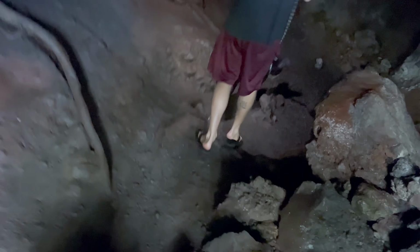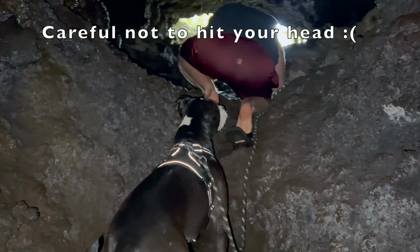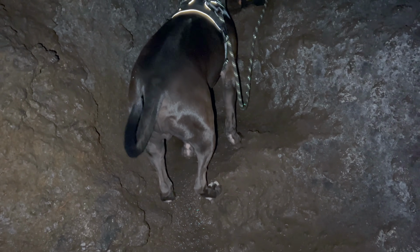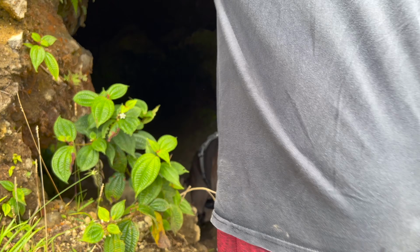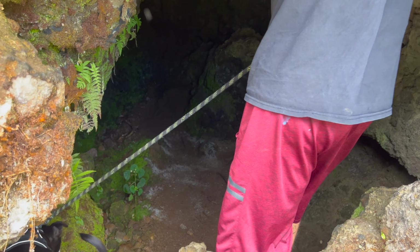Although it did seem quite safe when we went, except when Isaac hit his head on the sharp rocks. But that can happen in the paid cave too. Another thing to note is that there are signs on the paid cave telling you not to pee inside. While this may seem like a very logical thing not to do, the free cave is...